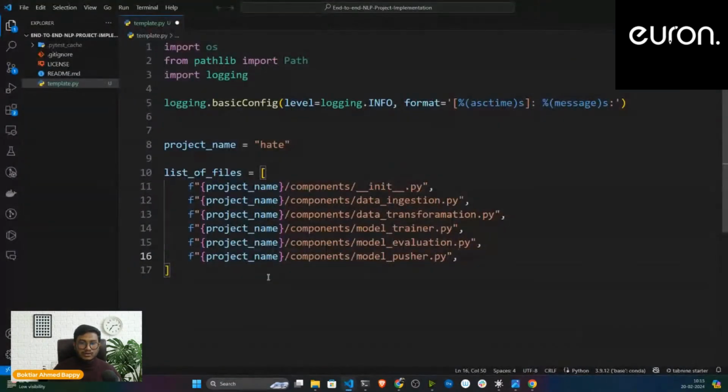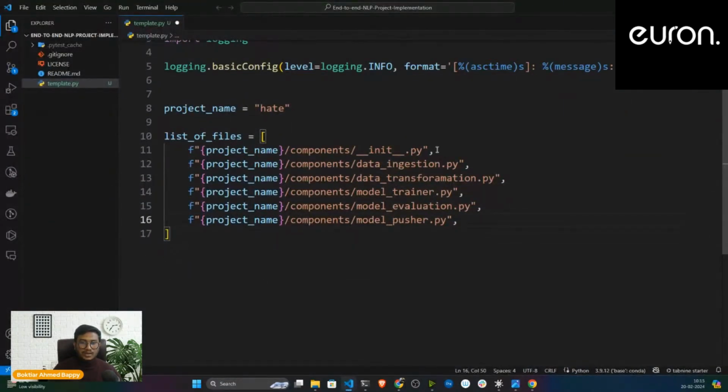Now let me create a folder called configuration. I'll copy this particular line and paste it here, and instead of component I'll write configuration. Inside that I'll create another constructor file called __init__.py. Okay, configuration I created. Now what I need to do inside configuration,